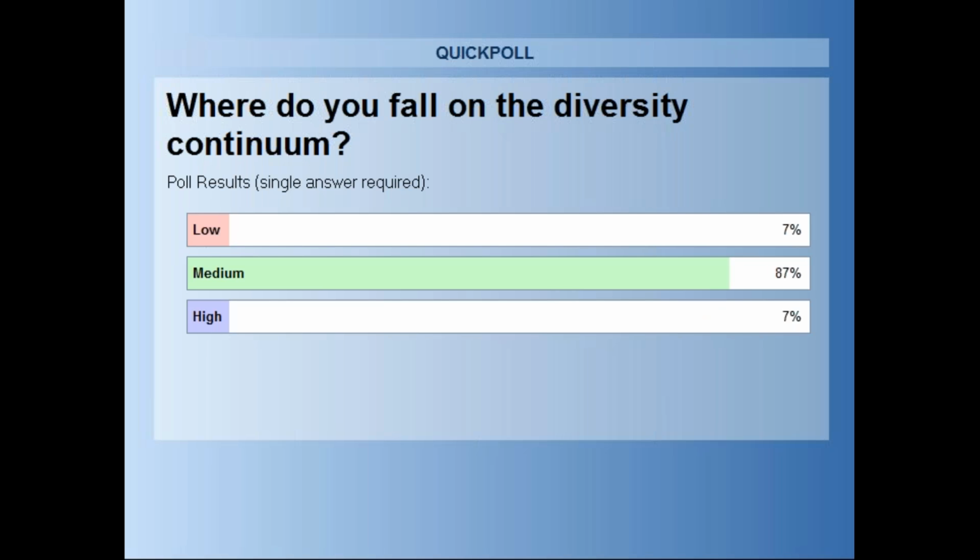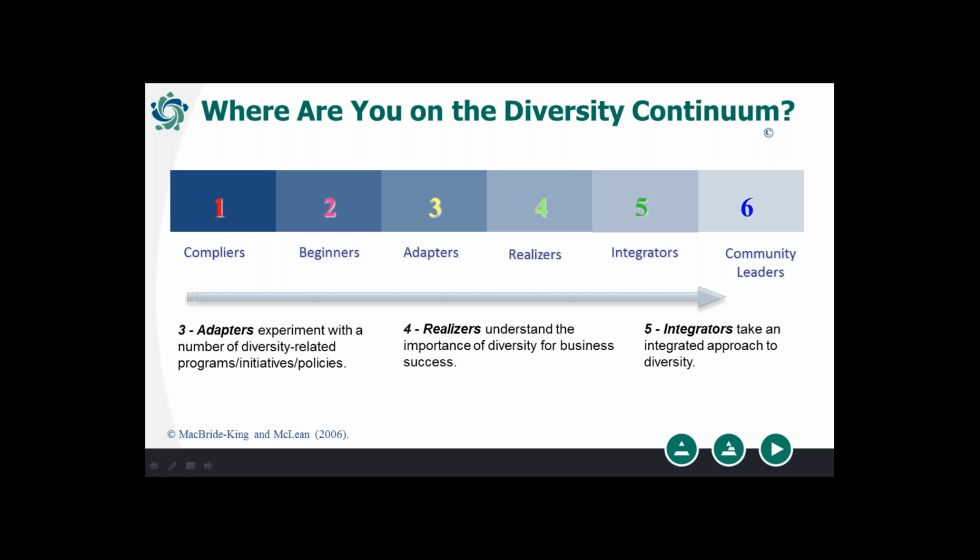So there you go. It looks like the majority of you, and there are 23 on this call if I look at the numbers, are in the middle. So you're somewhere either adapter or realizer, and there are some of you at the high end. Isn't that great? When we open up the floor to Q&A, it'd be interesting to hear perspectives on either end of the scale. Those of you at the low end, I would say, here's your opportunity to perhaps move yourself along the continuum. Okay, thank you very much. Next slide, Sarah.